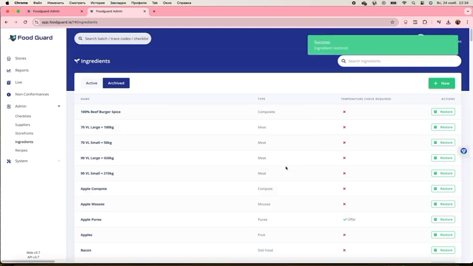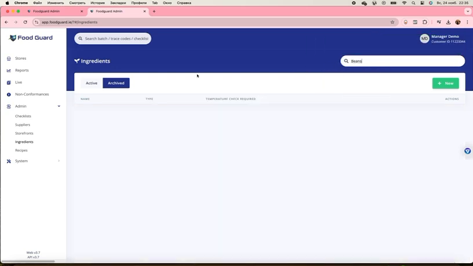4. Search ingredients. Use the search bar at the top of the ingredients list to find specific items. As you type, the system will